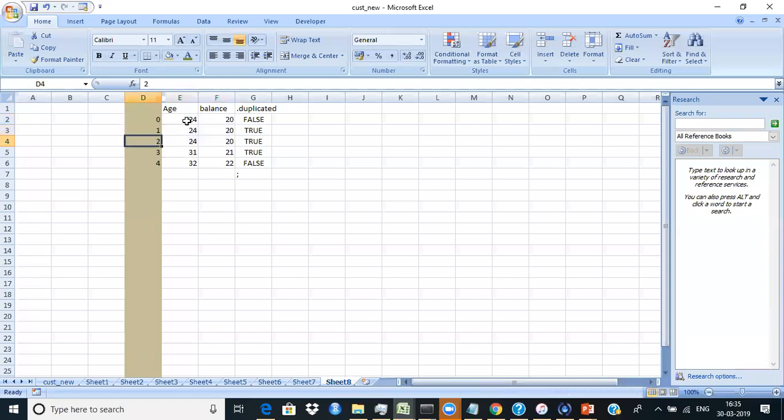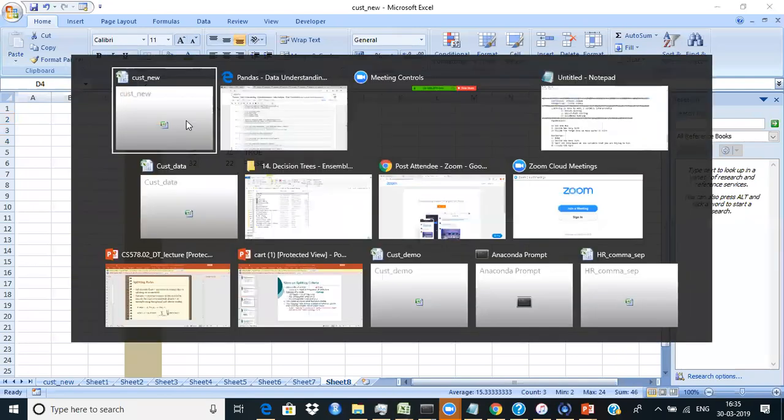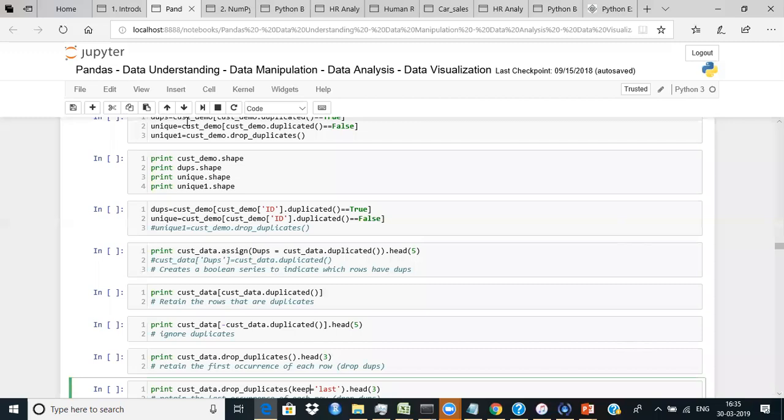If I say keep equal to last, these 2 rows will be dropped, the last one will be kept. Now, what is the use of this? I'll give you a practical use. Let's say you are working for a retail client and you have transaction level data. Transaction level data means every time a customer comes, a new line is created, right? So you have customer numbers as IDs. Corresponding to each ID, you have as many rows as many times the customer has shopped in your departmental store,